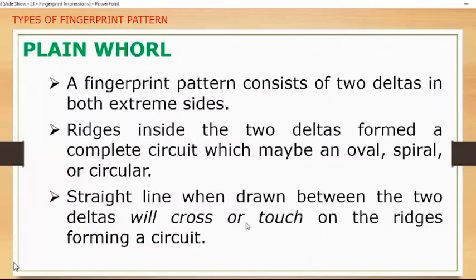Next is plain whorl. A fingerprint pattern consists of two deltas in both extreme sides. Yan. Meron siya ngayong dalawang delta. Kanina, pag loop, isang delta lang. Pag whorl, dalawang delta. The radius inside of the two deltas forms a complete circuit, which may be an oval, spiral, or circular. And the straight line when drawn between two deltas will cross or touch on the radius